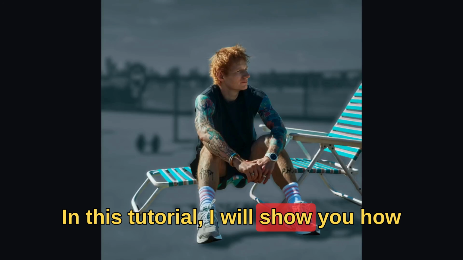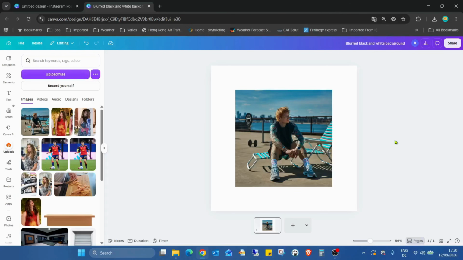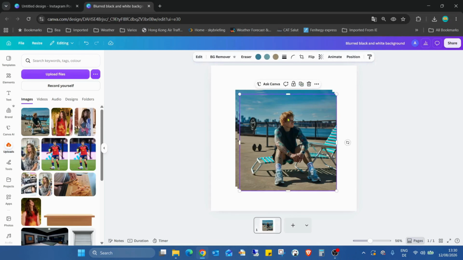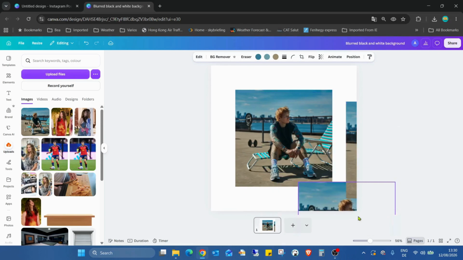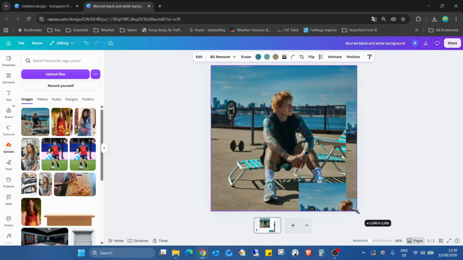In this tutorial, I will show you how to create this blurred black and white background in Canva. I already inserted the same image to an empty project. First, I need to duplicate it 2 times and just move it to the side. I'm using the bottom one